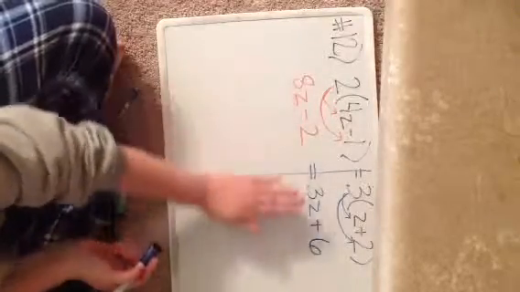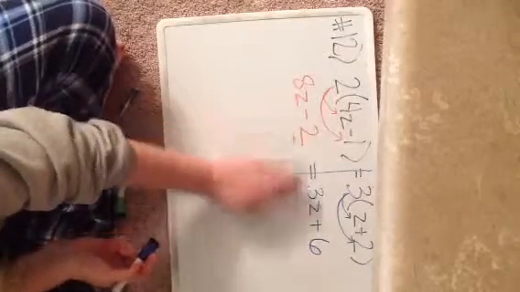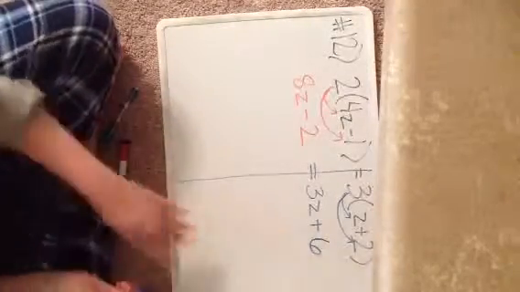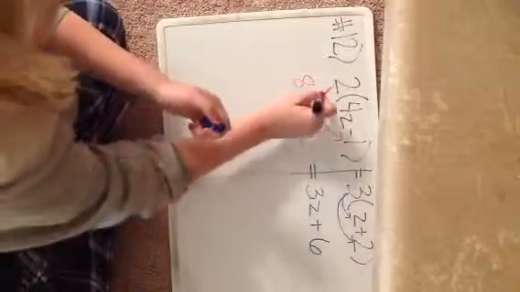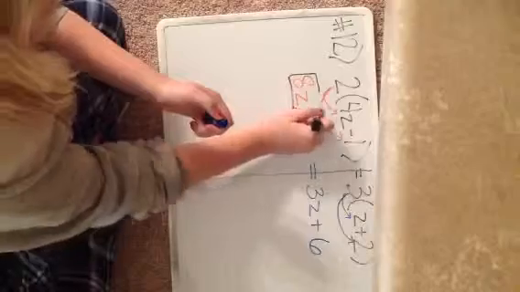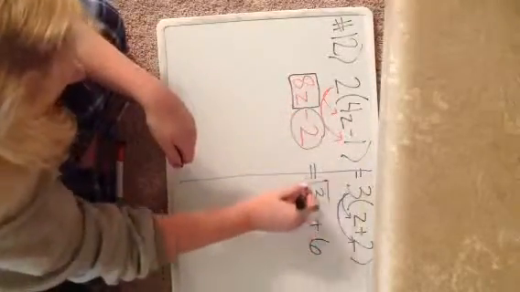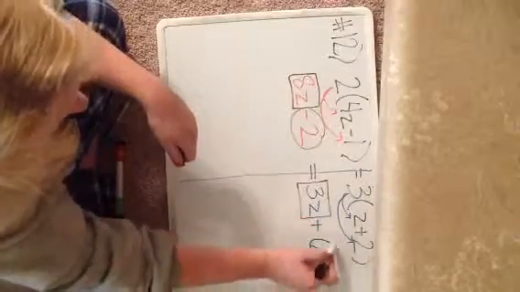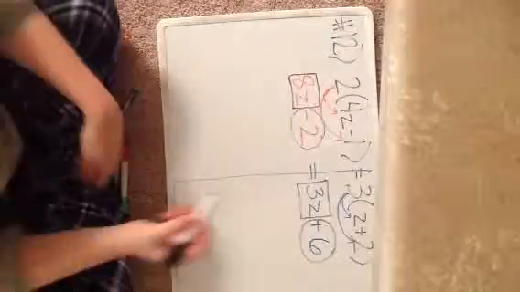We have a z here and a z here. We need to get those all on one side, along with our negative 2 and our plus 6 on the same side as well. So we're going to go ahead and start boxing and circling. So I'm going to box my 8z. I'm going to circle my negative 2. I'm going to box my 3z. I'm going to circle my positive 6. So keeping with the pattern I